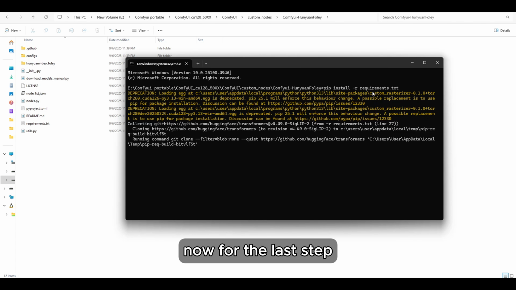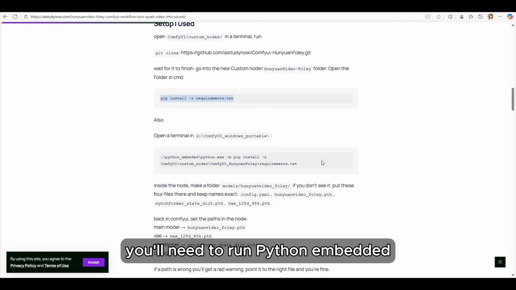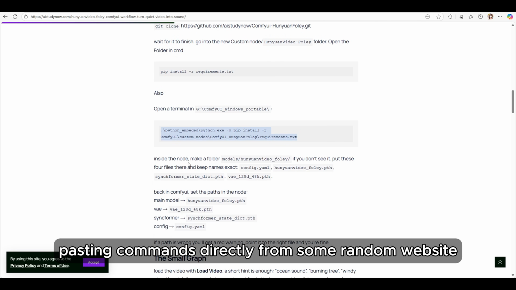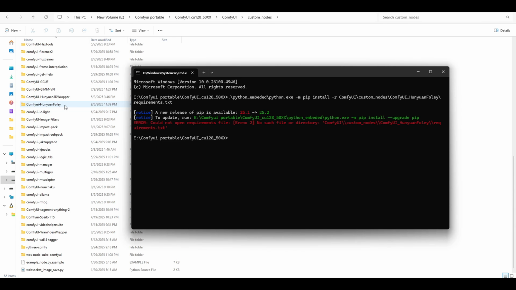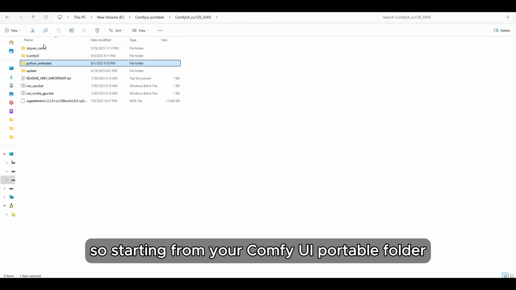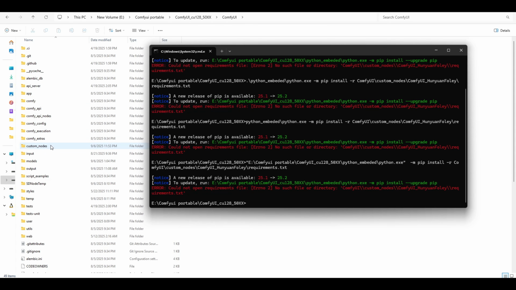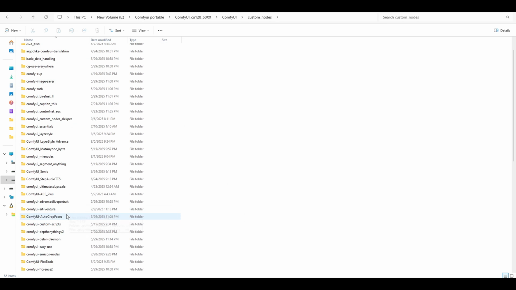Now for the last step. If you're using the ComfyUI portable version, you'll need to run Python embedded. Here's something important. I don't recommend copy-pasting commands directly from some random website. Instead, actually find the file path yourself. So starting from your ComfyUI portable folder, go into ComfyUI, Custom Nodes, ComfyUI Hunyuan Foley,